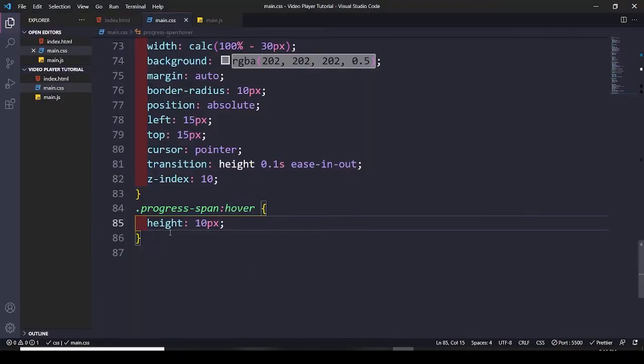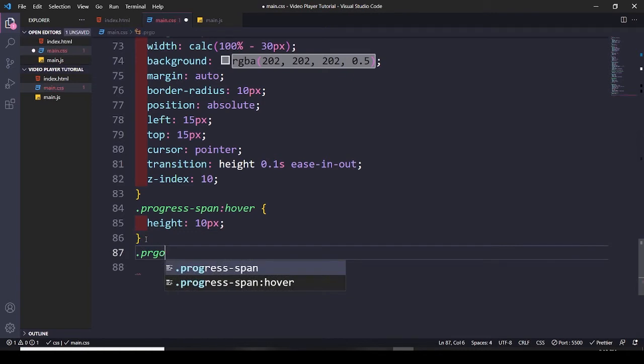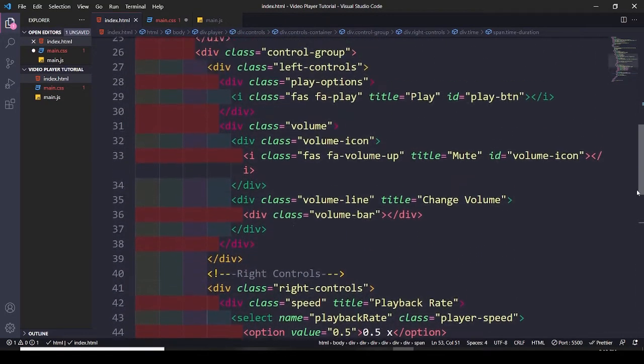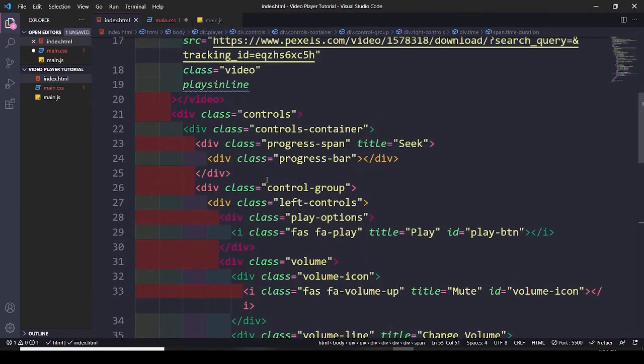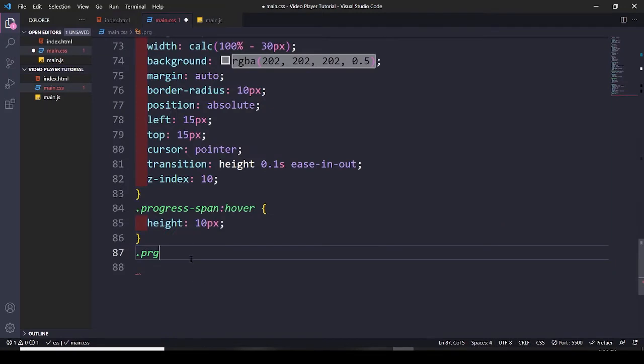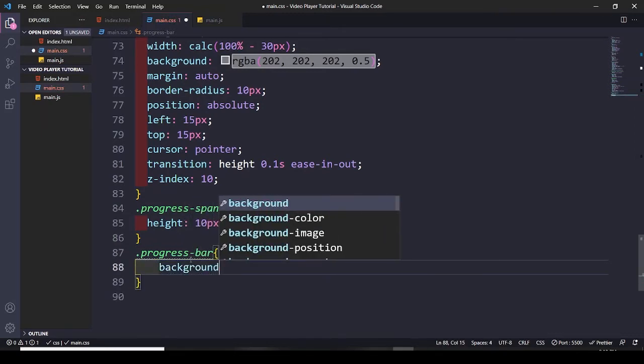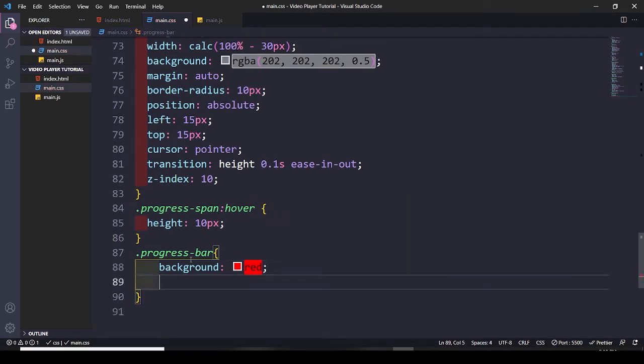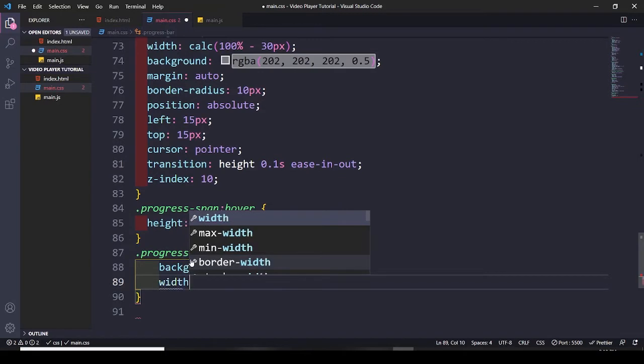Okay, the next is we do have a class of, let me check again. Yeah, now we are going to work with this progress bar. So progress bar, okay, it should have a background of red,